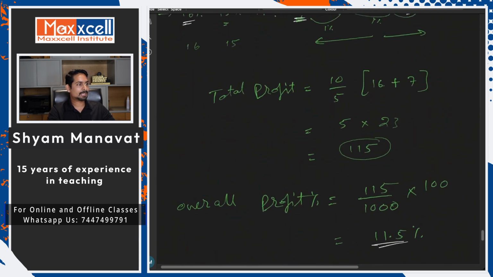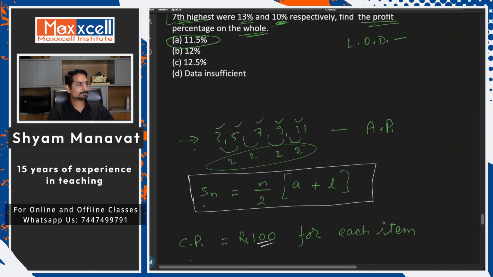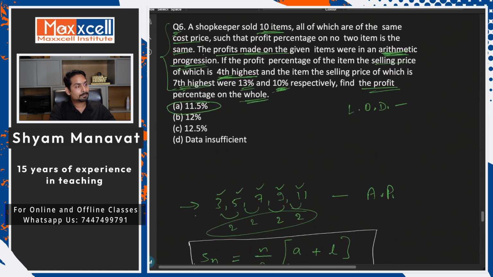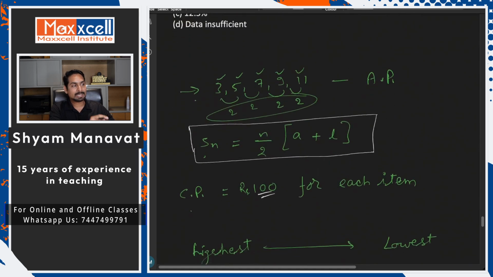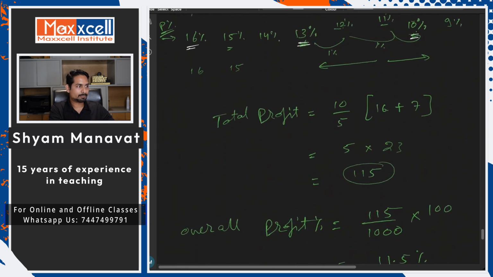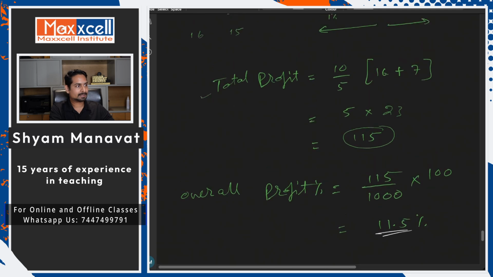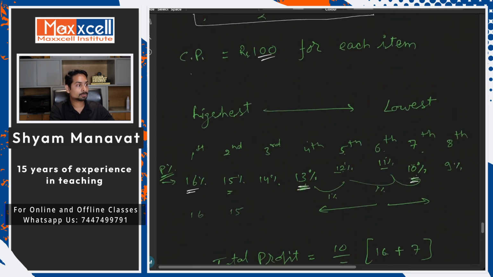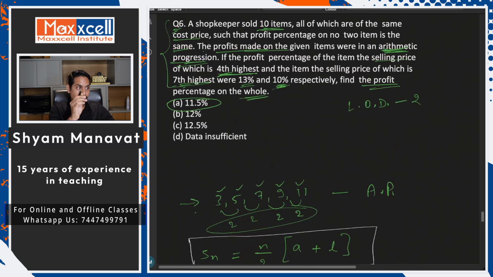So I hope you understood this question. All in all, the question is really nice, tricky. Tell me one thing, what do you think about the level of difficulty for this question? 1, 2 or 3? Easy? Definitely not. Difficult, hard? No, that's also not. We should keep it at moderate, because if you know the arithmetic progression concept and you understand the total profit calculation, then this question has nothing much. The level of difficulty is 2 just because it has one more concept, arithmetic progression,